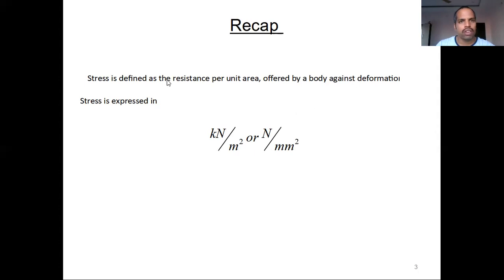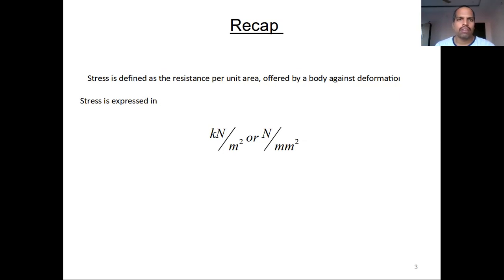So now you see the definition. Here a little bit of modification was there. In the previous class we discussed stress is defined as a resistance per unit area. Resistance, internal resistance, of course, offered by the body per unit area against the deformation. Because previously it was against the external loads. Because of external loads, what happens? Deformation happens. That's what is different. It is not a different definition. It is only the same, put in other words. So all are correct.